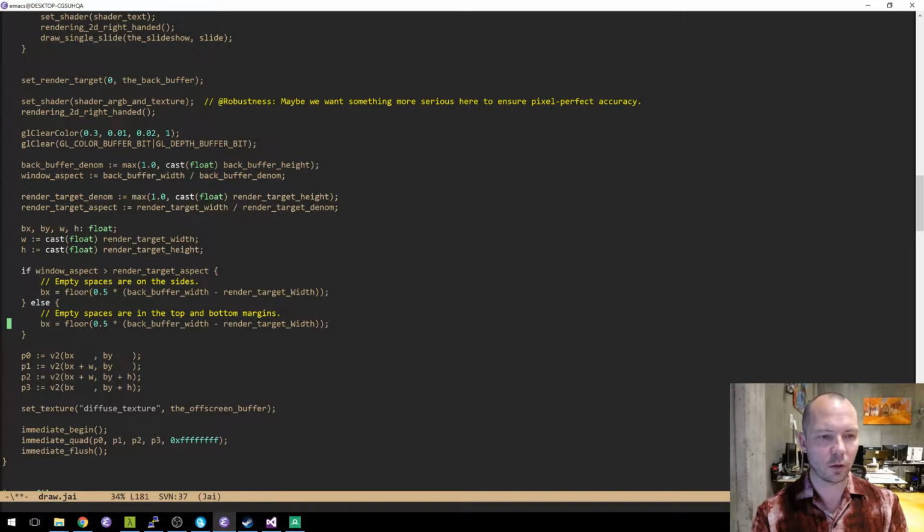And then here is by is the same thing, back buffer height minus render target height. Let me capitalize that.